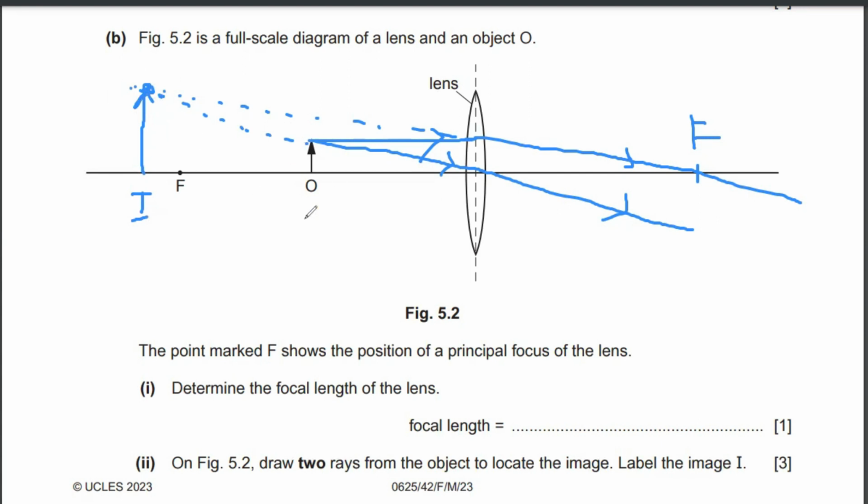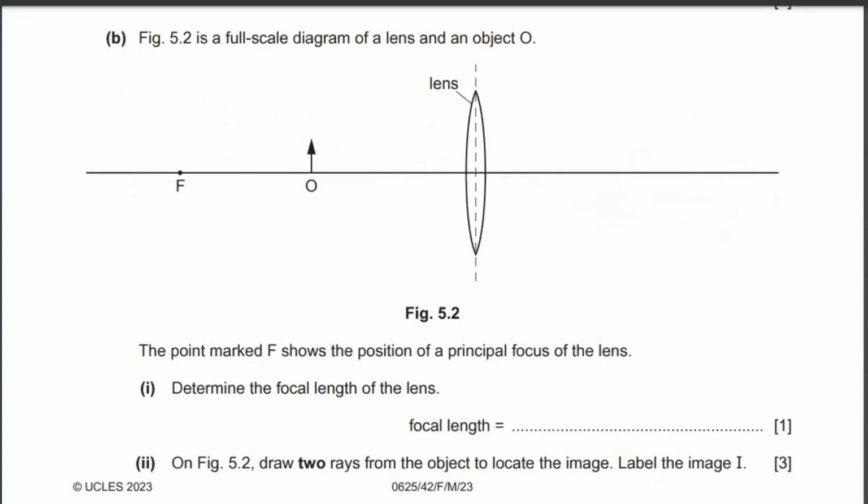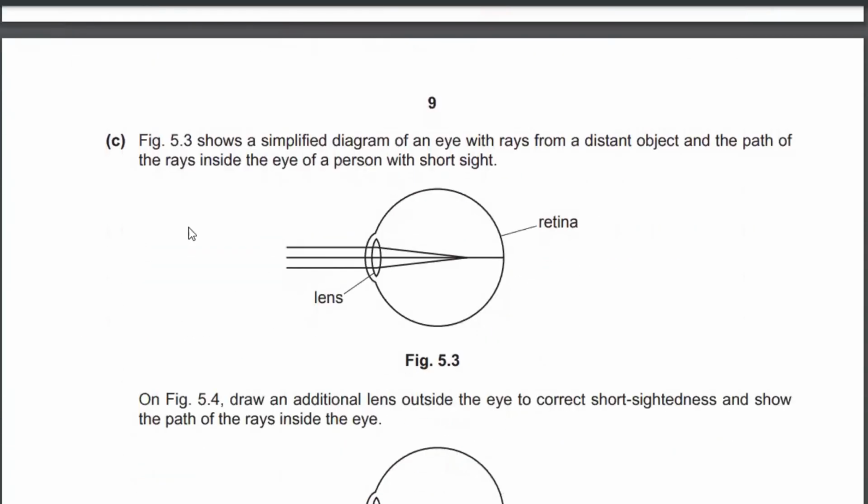Now we can also see that the image is much bigger than the object. So we can use this lens as a magnifying lens to magnify the object so we can see it better. So this was the ray diagram for question number B2. Now the next question is figure 5.3 shows a simplified diagram of an eye with rays from a